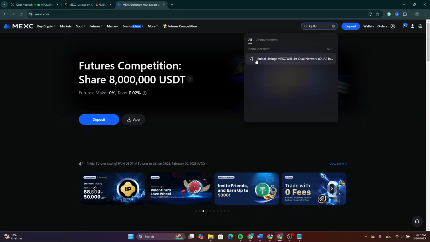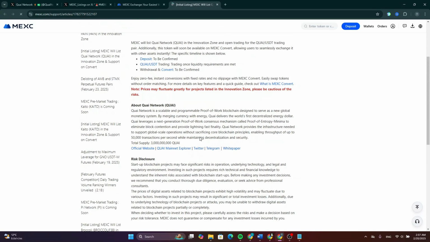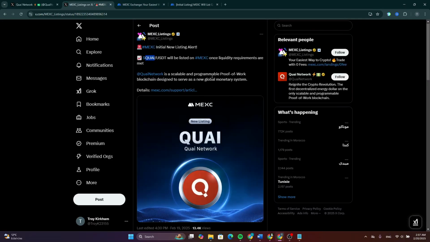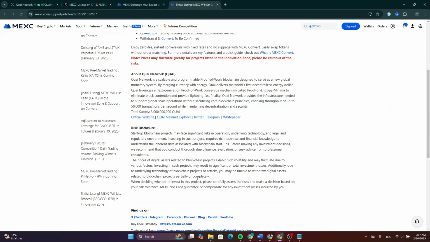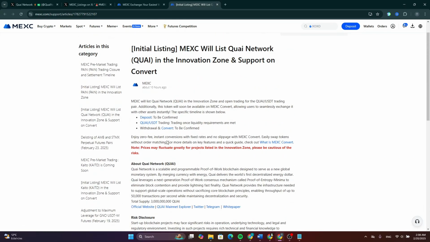So as you can see, you will be able to see this post. Now make sure to read that post. After that, if you go back to this post, it will show you this. So you can read this post, and now you will be able to find more information about this token.